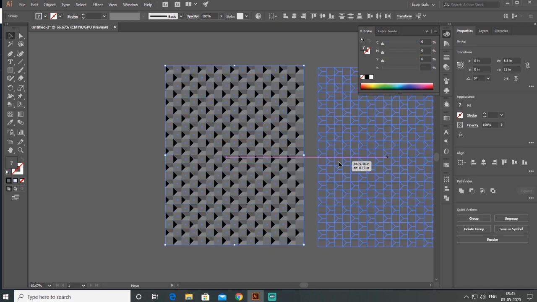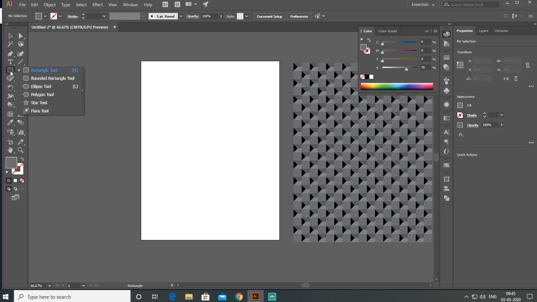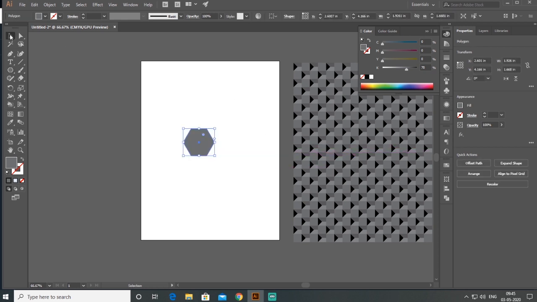I want to make another pattern. Now I am using the Polygon tool. I make a polygon and rotate it 90 degrees. Now I am using stroke color only, and height and width will be 0.5, 0.5, x 0, y 0, and the reference point is top left.